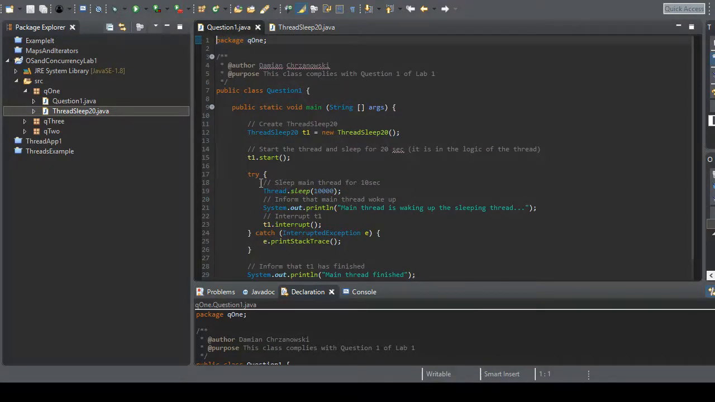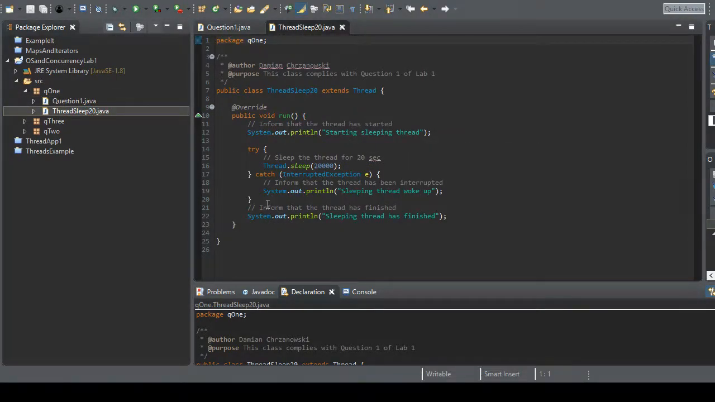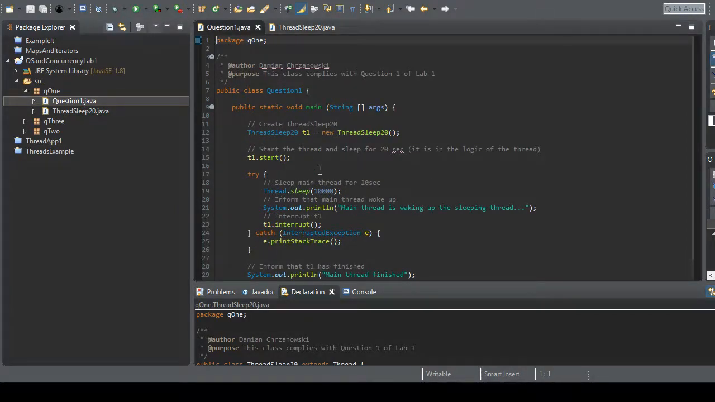Yeah, so as you can see in this try block, we had to sleep the main thread for 10 seconds. So Thread.sleep is just here. Then we have a message informing that the main thread woke up. So after 10 seconds, the main thread should have woken up and then interrupted thread 1. And from that interruption, we should get an output of sleeping thread woke up after 10 seconds. And it should not print out